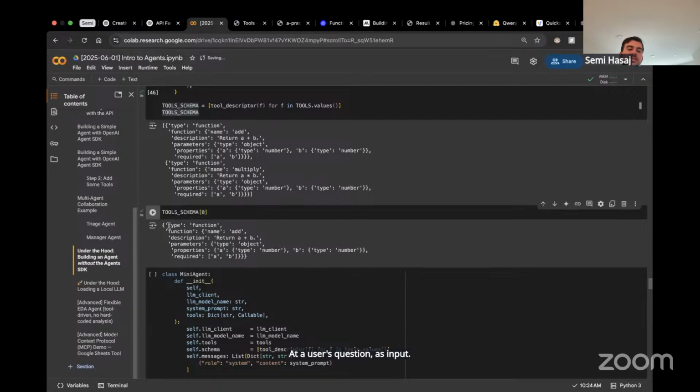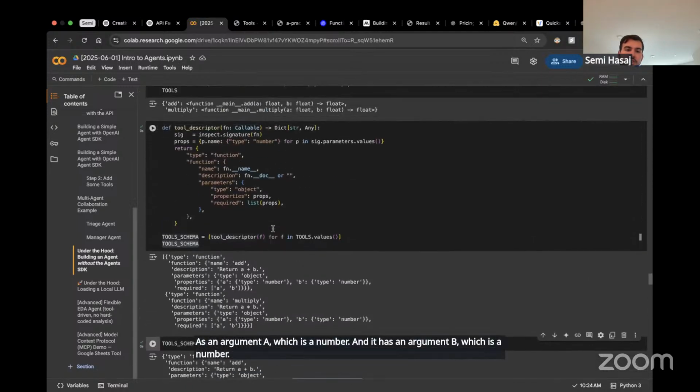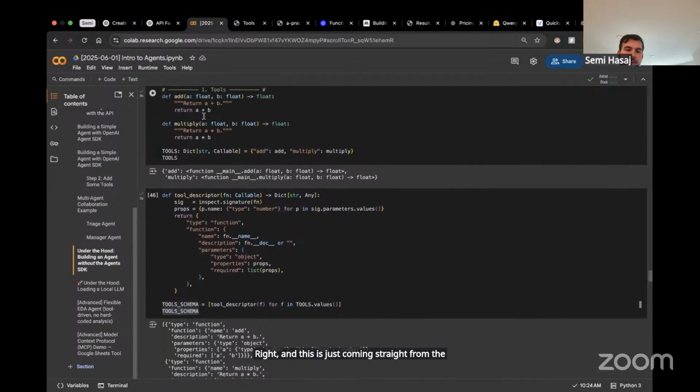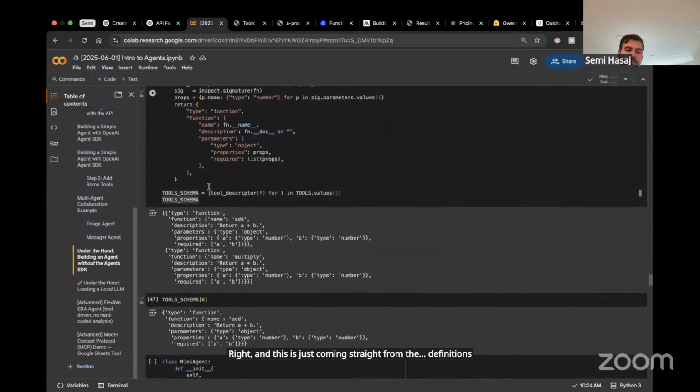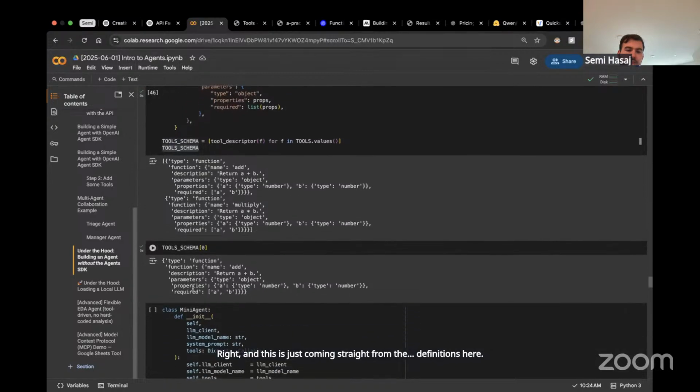So the LLM sees, okay, I have a function whose name is add, that has a description, return a plus b, and it has the following parameters. It has an argument a, which is a number, and an argument b, which is a number. And this is just coming straight from the definitions here. And they're both required.